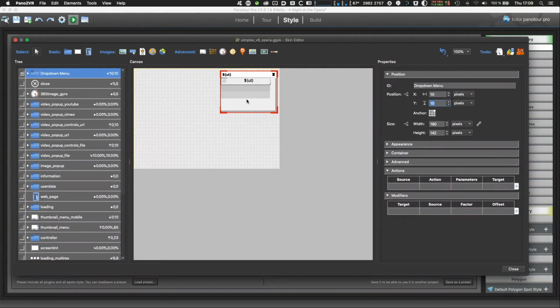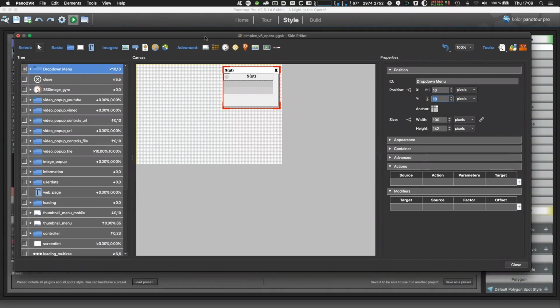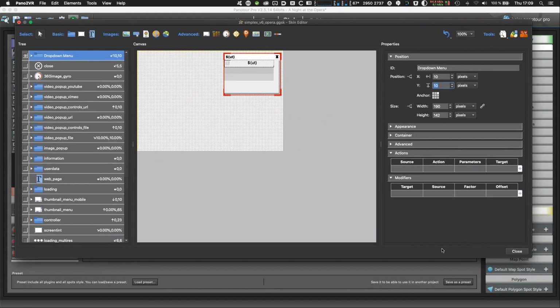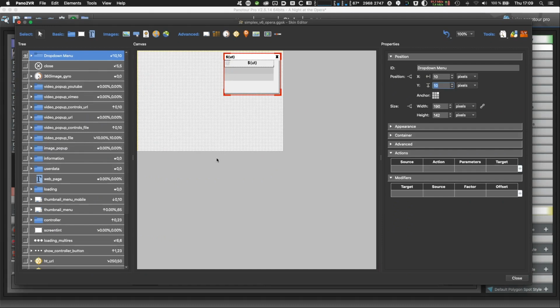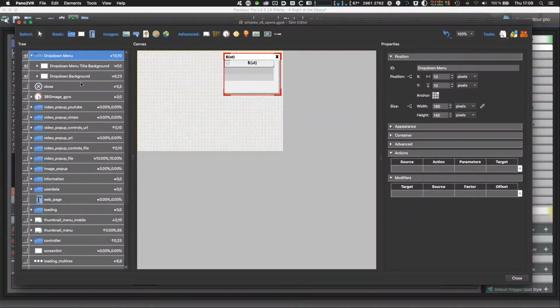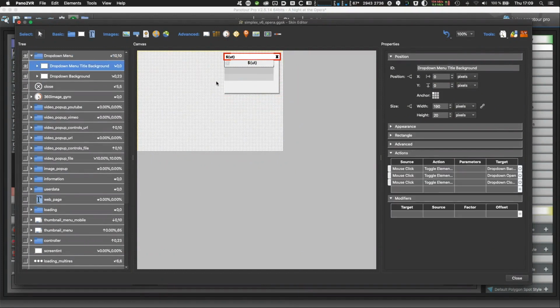As Pano2VR lets you always look under the hood, and there are no hidden secrets, you can see how every element is done, what it's doing, where the things are happening, and you have a title box, and the $ut is the user title. This is